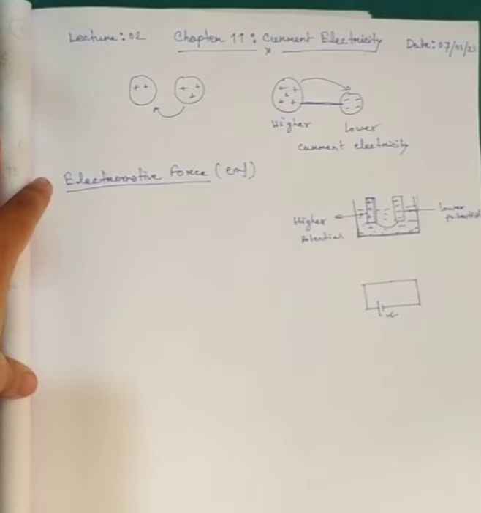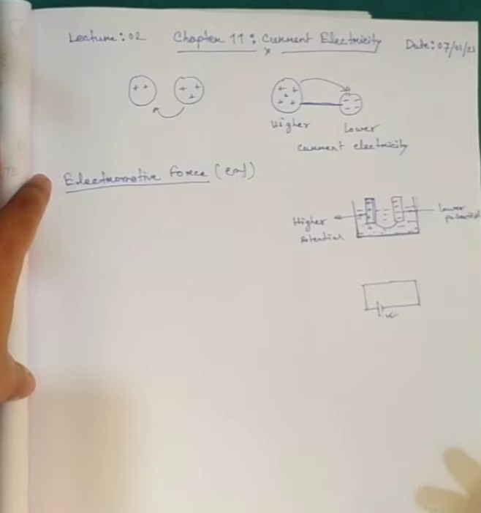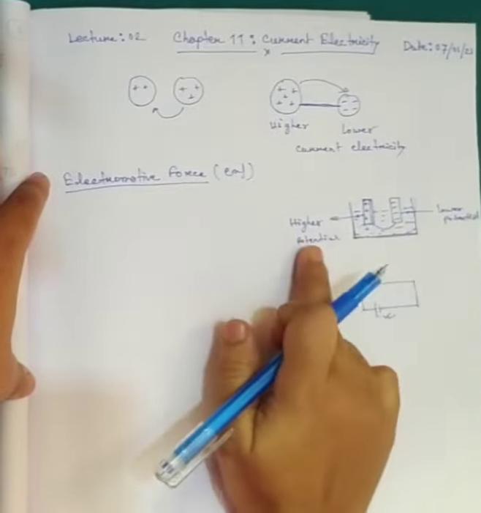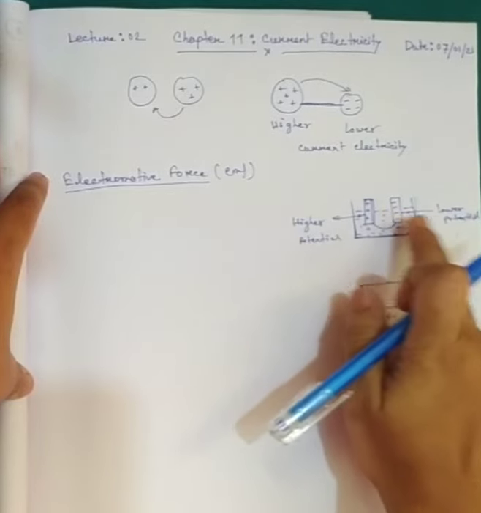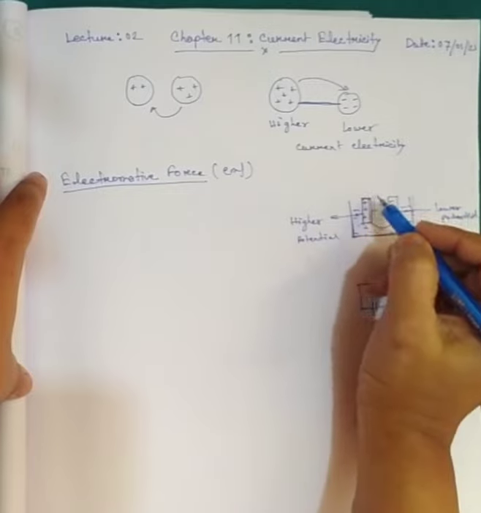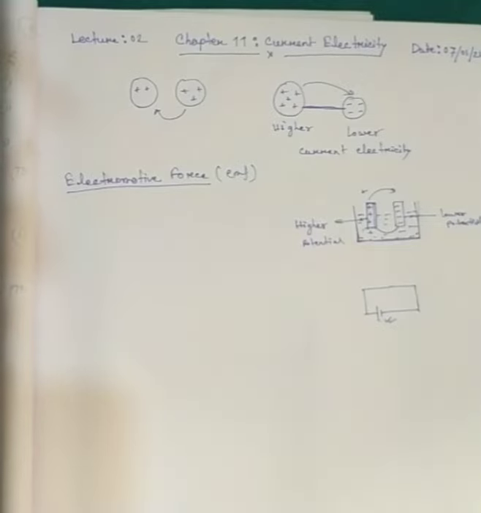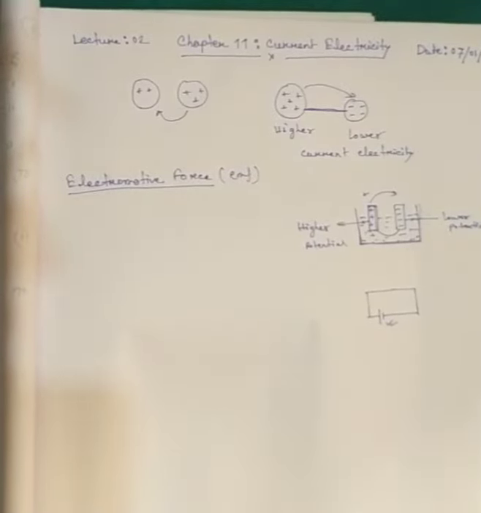We will learn about the definition and unit of current in the next part of this class. So now what I'm trying to say here is, potential difference is maintained for a continuous flow of current, but how is it maintained? Actually, the anode end or the positive end of a battery has higher potential and the negative end of a battery has lower potential, and positive charges move from higher potential to lower potential, and that is called the